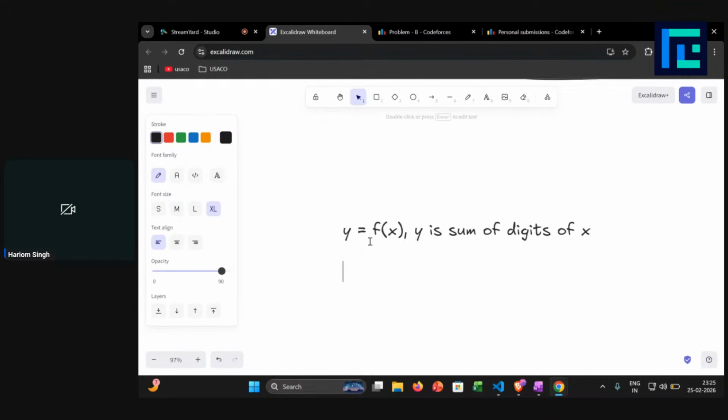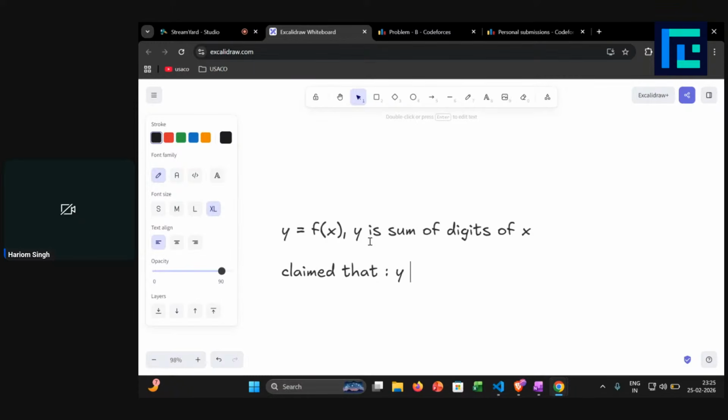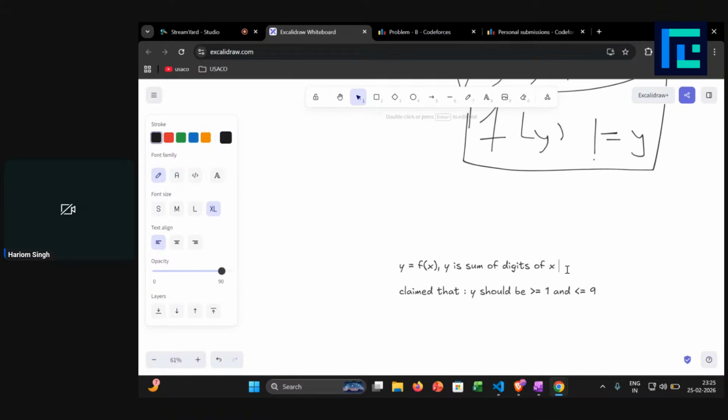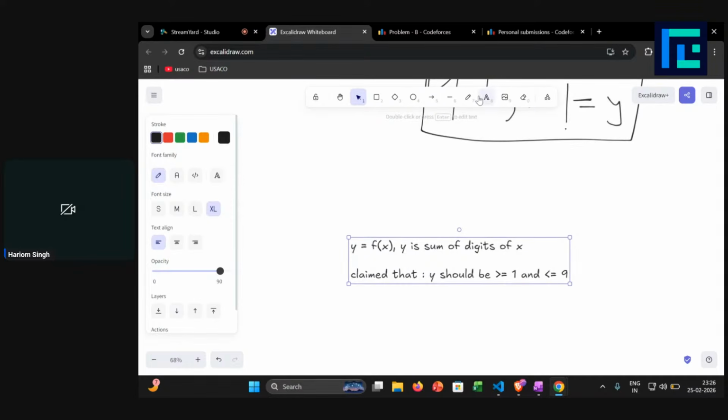And what did we claim right now? What is our claim? Our claim is that y should be greater than or equal to 1 and less than or equal to 9, right? We just claimed that y should be a single digit number. And what does it tell you? That y is the sum of digits of x. So if you combine these two observations, what you will notice is that